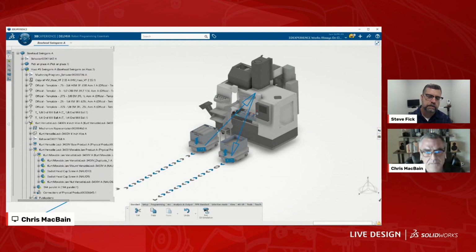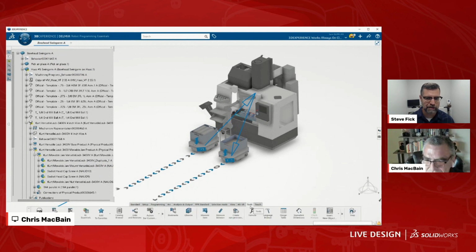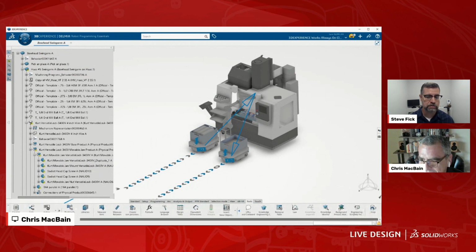So what happens, Chris, and I don't want to deviate too much from your presentation here, but bring it back. One question I did have: we've talked a fair bit about this evolution of the data flowing from engineering to manufacturing. But what happens if information needs to go back the other way? Like, let's say I need to redline something, or point out something that engineering design needs to adjust before I can machine this or create this part.